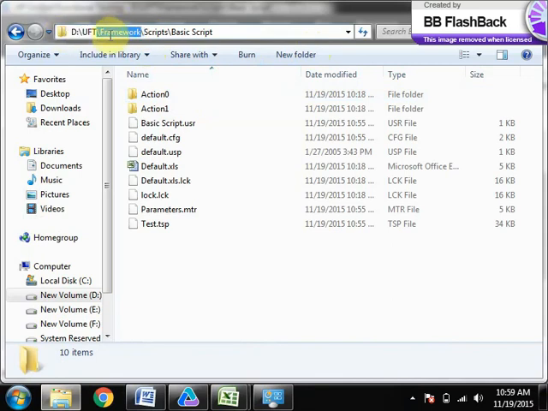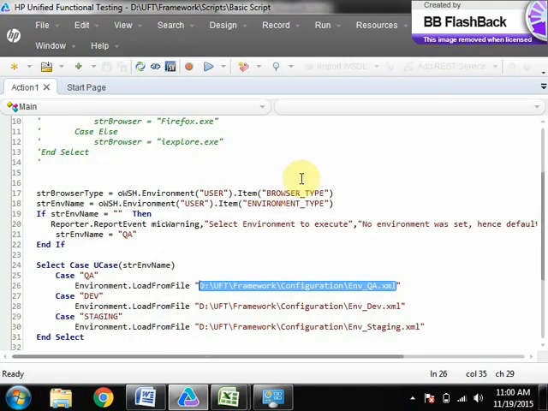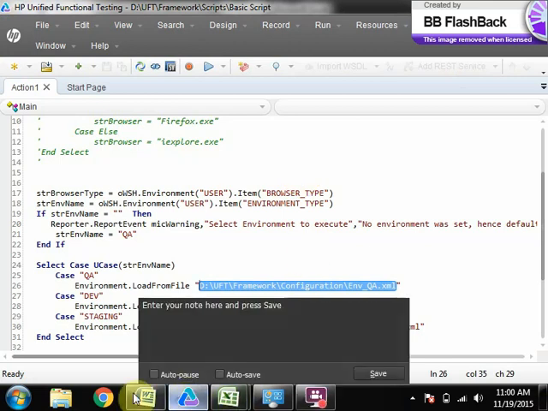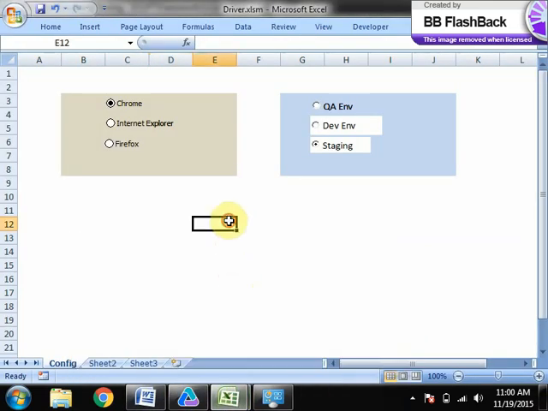But this framework folder will be common, and this part will be changing from system to system. You will copy the entire framework folder to every system. So if you split with the scripts folder, it will give the path of that framework folder. Then if you want function libraries, they will be inside this framework folder. If you want configuration, it will be inside the framework folder. I will come back to that slowly. We will see different approaches, not just one approach. Different solutions we may need to see. Okay, then another one.